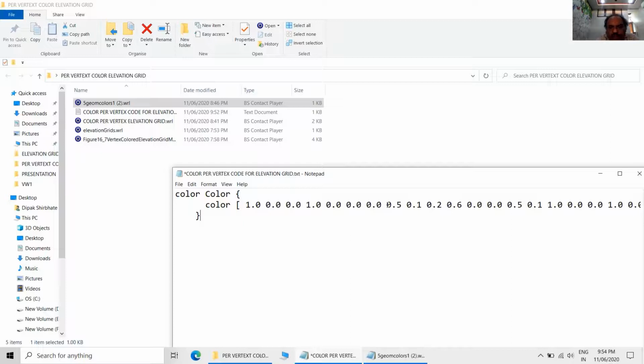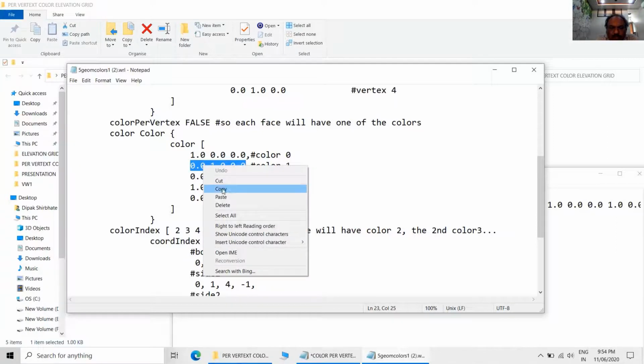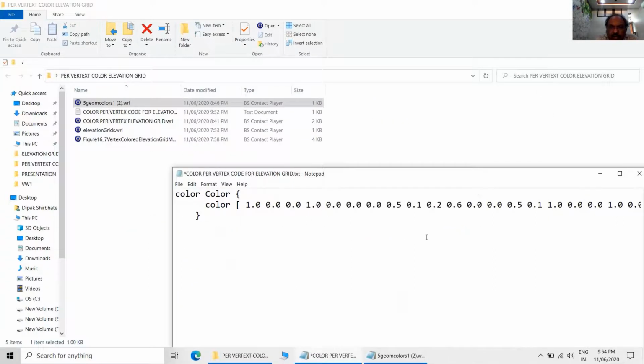So we are changing the colors. Now you have to be very careful that the three values represent one set.